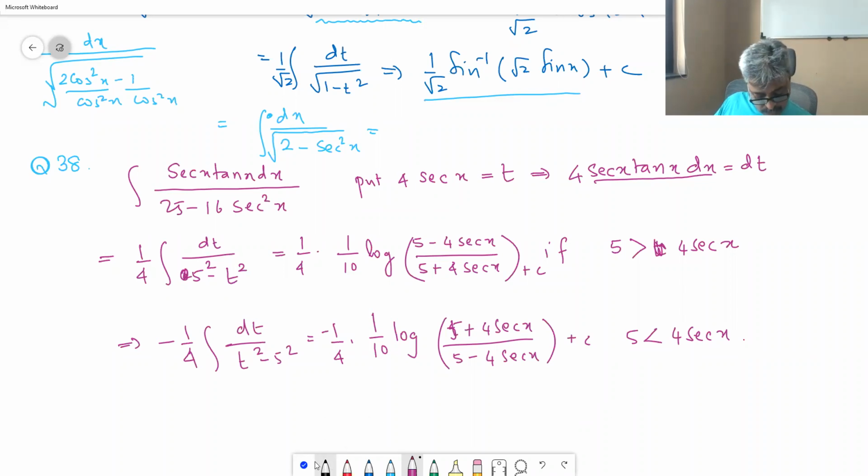Okay, whatever is there between x minus a upon x plus a, if x square is less than a square, if x square is greater than a square,